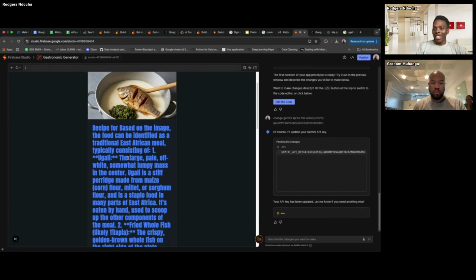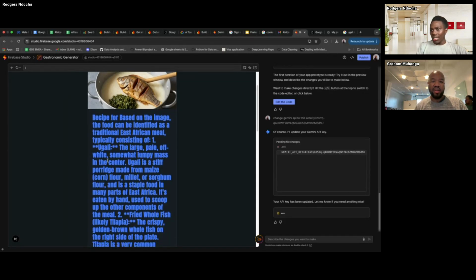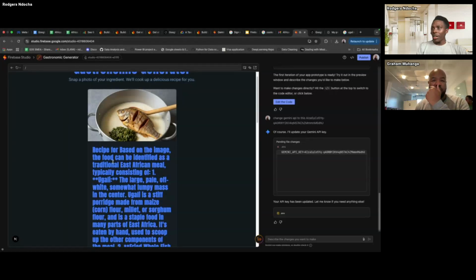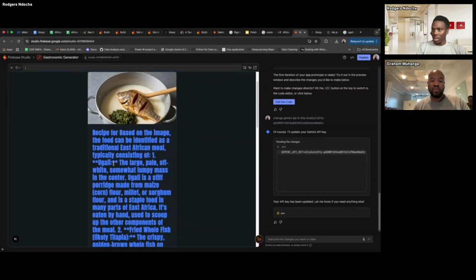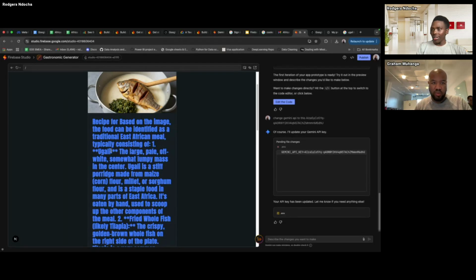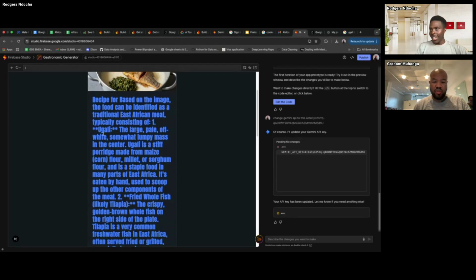But anyway, it has identified that there is fish, there is ugali here. So on a large scale, our prompt was to identify the kind of food, which is correct here. It's ugali, the large, and I'm not able to read through all this.